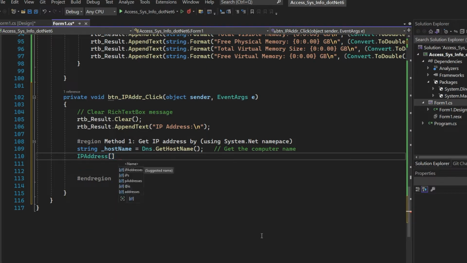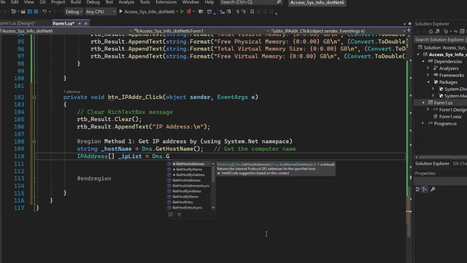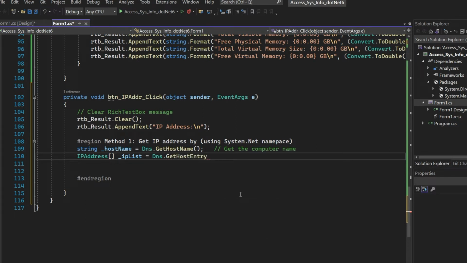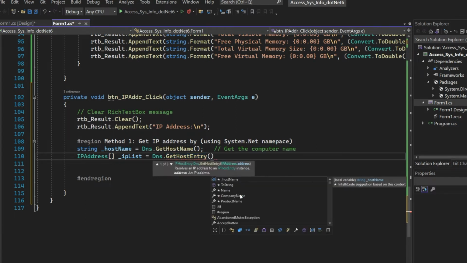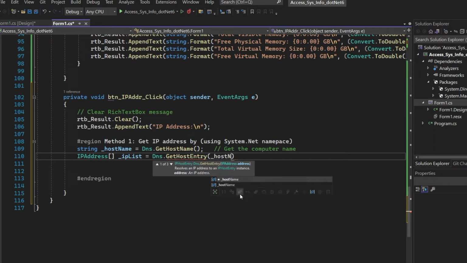Let's name the variable _IPlist equals Dns.GetHostEntry, then we pass in _hostname.